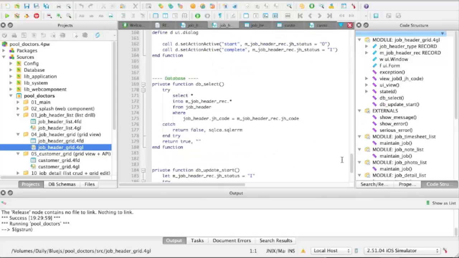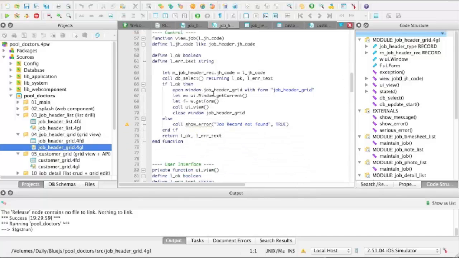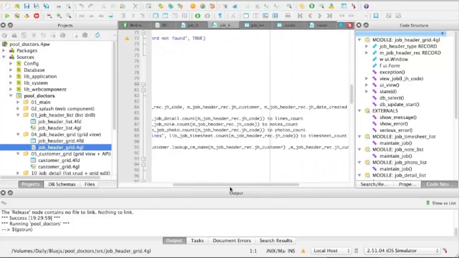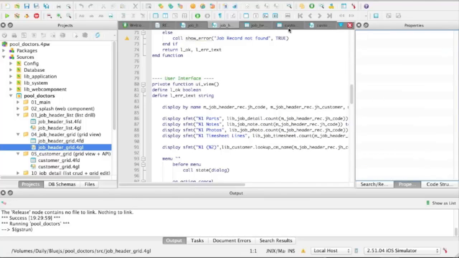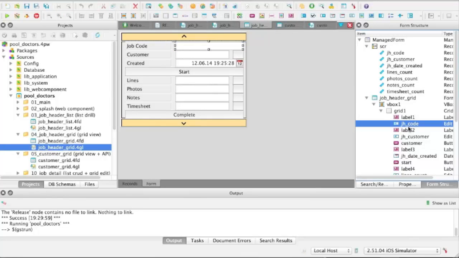So once we've selected the row, tested that we found it, and opened the window, we go to the user interface underscore view function, where we basically display the data we've found, perhaps manipulate it in some way, format it so it's a nice expression, and display it to the individual fields on the form. So if we look at our form structure, we can see our various fields there,